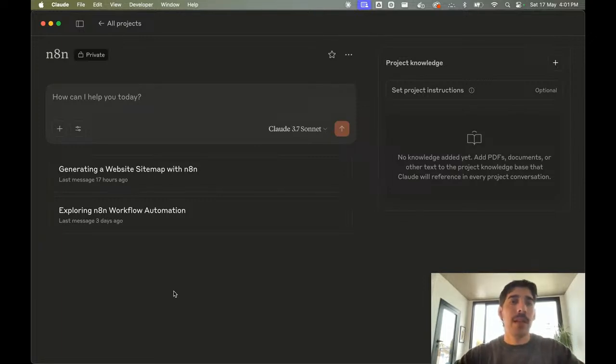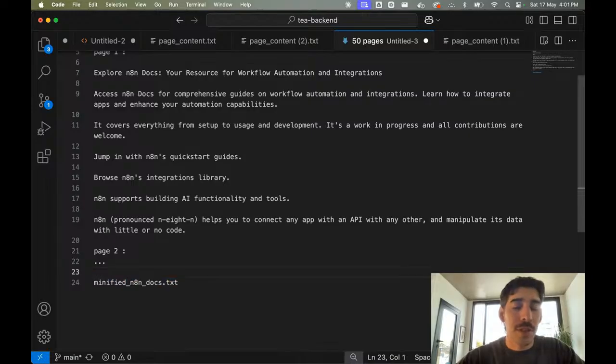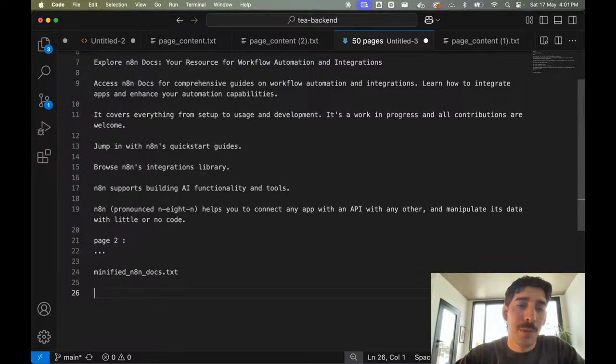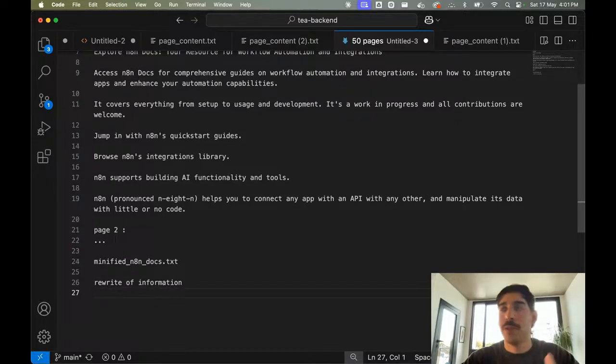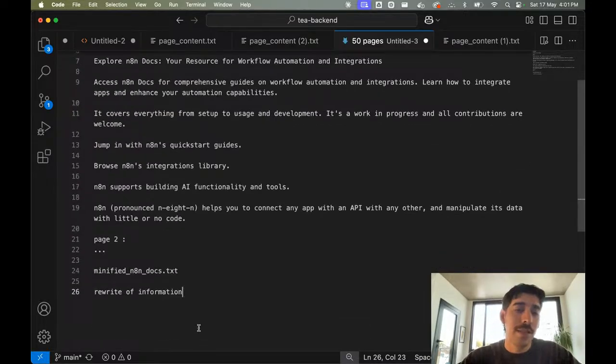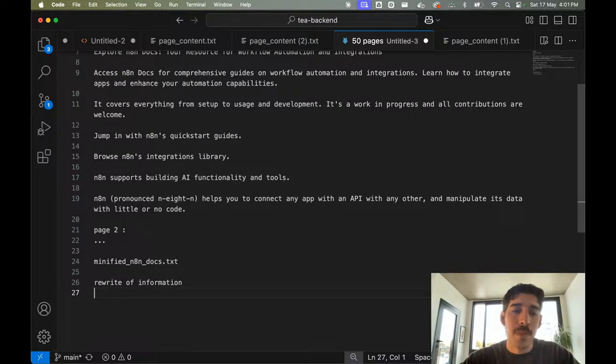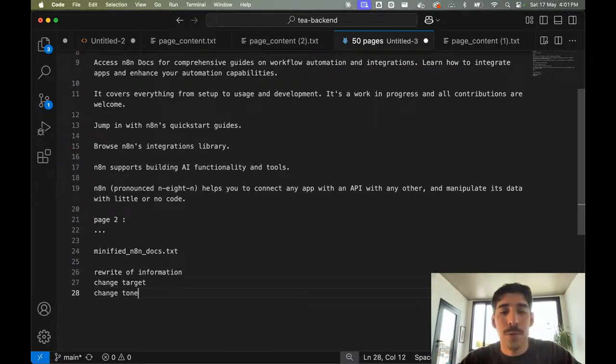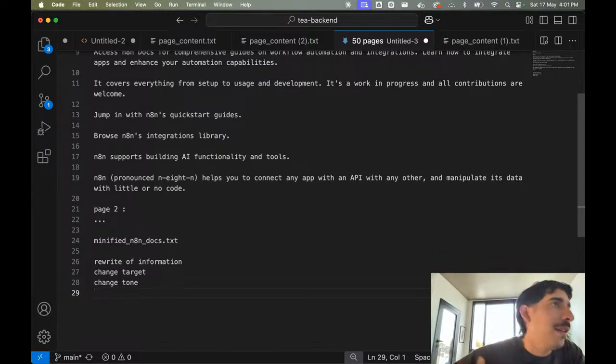And that's it. You could have another situation in which, let's say you are not looking for documentation, you are doing a site migration. In that case, you want to, of course, be respectful with the original content, but you can have an intermediate step to do a rewrite of the information because you want to change the language. That's the flexibility of LLMs. You want to change the target, you want to change the tone, you can apply tones to different pages, if that makes sense.